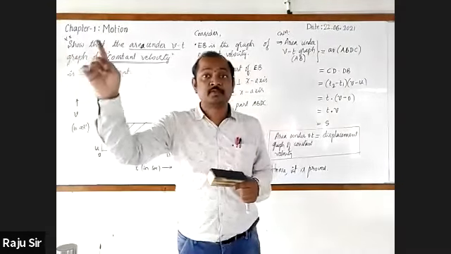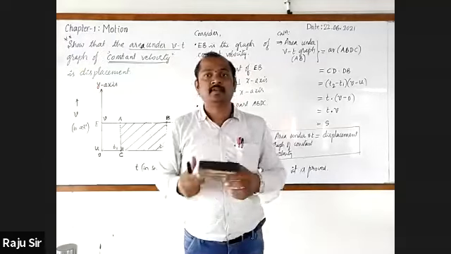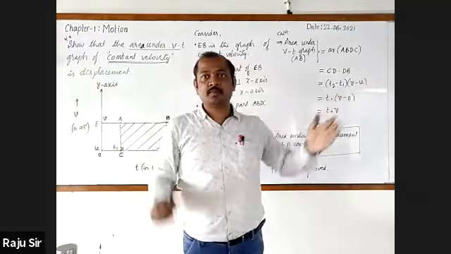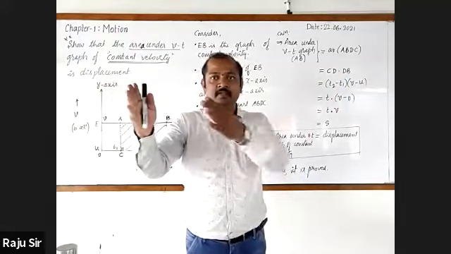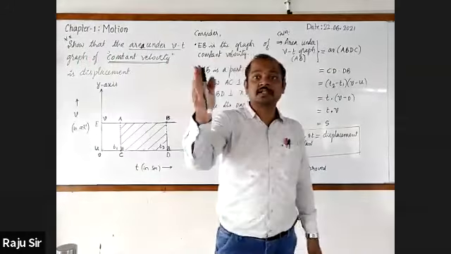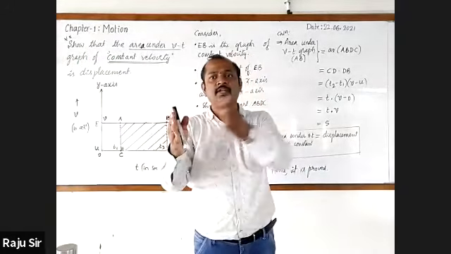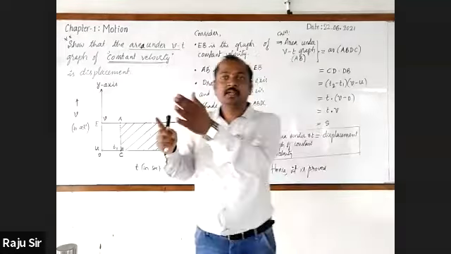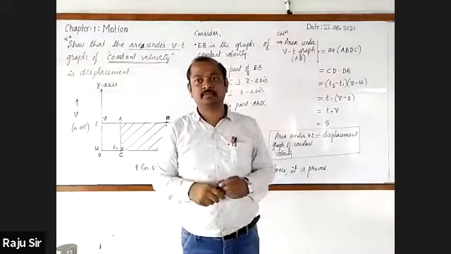One is slope of DT is velocity. Second one is slope of VT is acceleration. Third one, area under VT graph of constant acceleration or uniform acceleration is displacement. Fourth one, area under VT graph of constant velocity is again displacement.